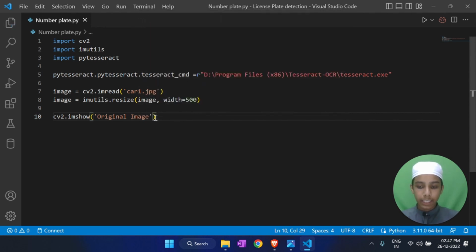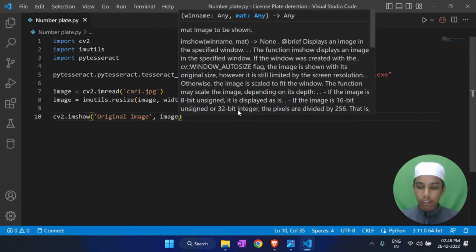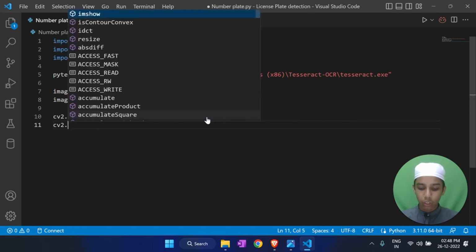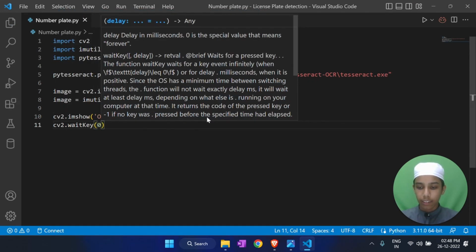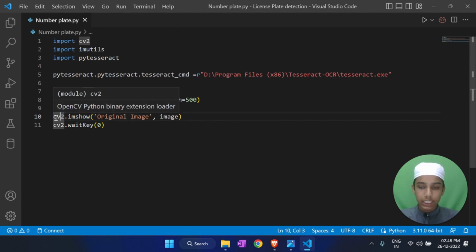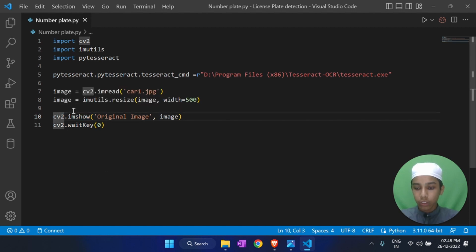I'm going to tell you why I have given something like this, but let's call this variable image, and then below this one I'm going to give something like cv2 dot waitKey, and then so now you may be wondering why I have written something like this. This is because I am saying that show the image cv2.imshow, we are calling the opencv, and then saying that show the image, and we have saved the image in the variable itself, so we are calling that variable as image. Now we have called that variable as image right now, and then I am saying that original image